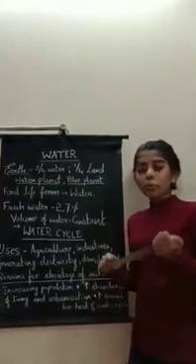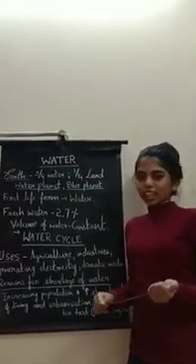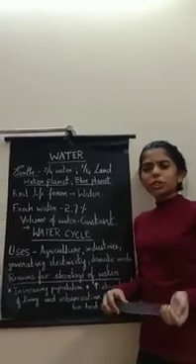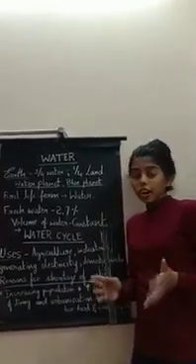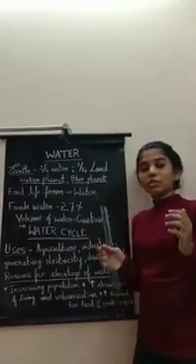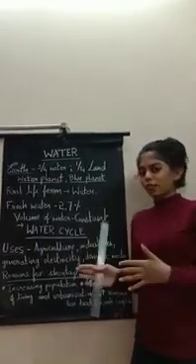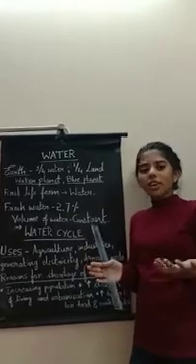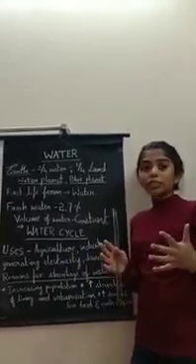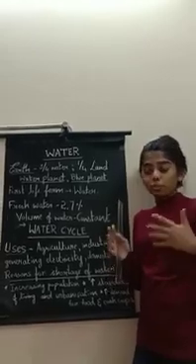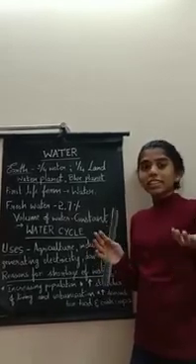On to the next important topic of the chapter, that is water. You guys must remember in the first class I told you, when you take Earth as a whole, it is divided into 3/4 of water and 1/4 of land. And maybe that is why it is called the water planet. And when Earth is seen from space, because of 3/4 of its body covered in water, it is also known